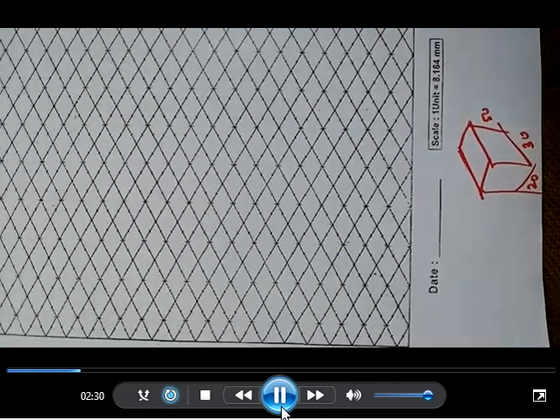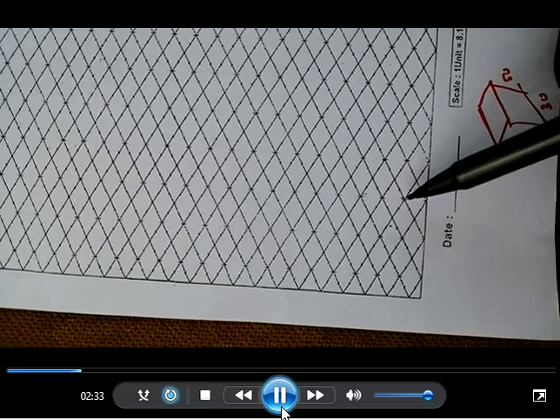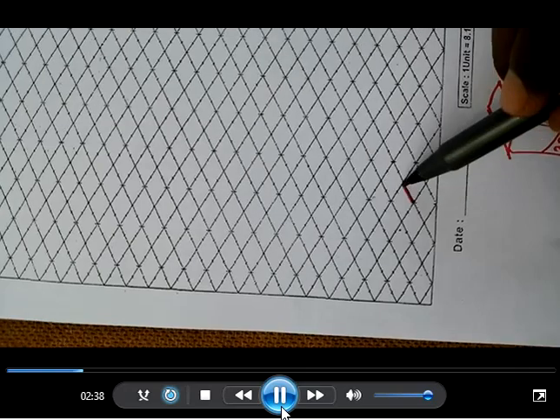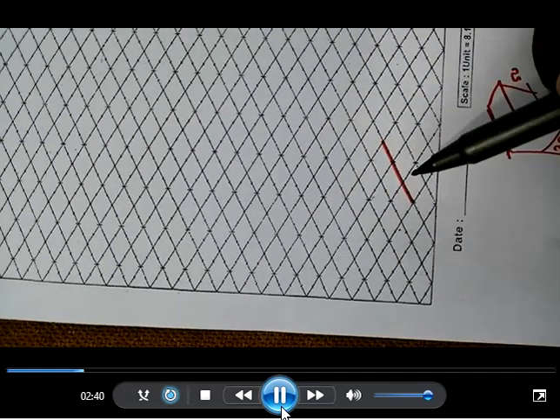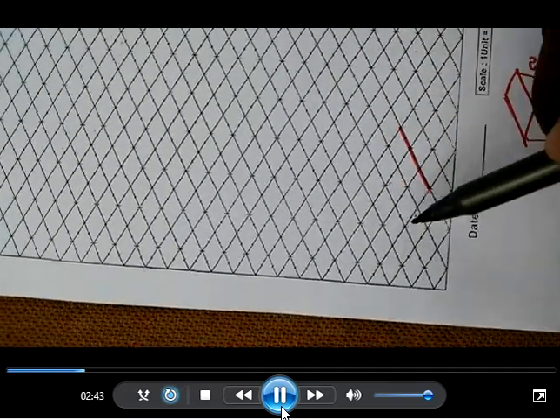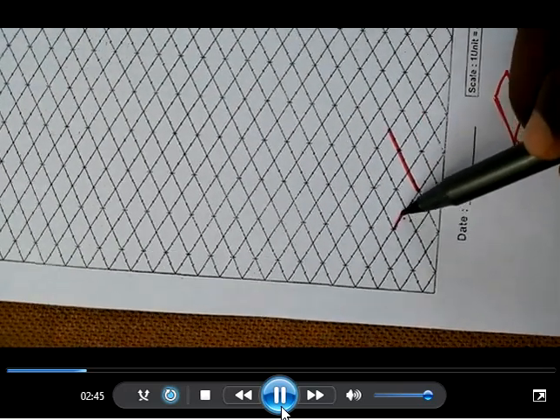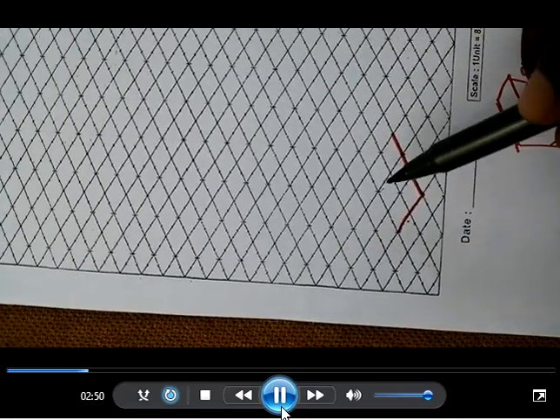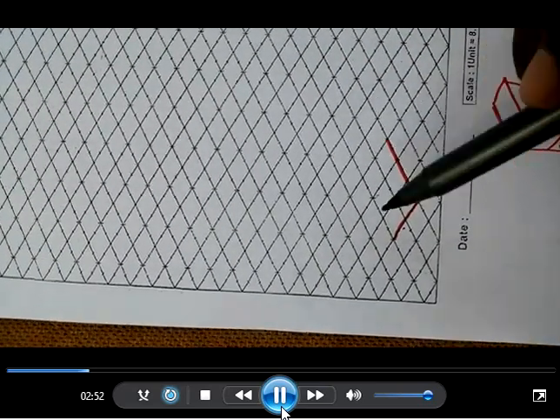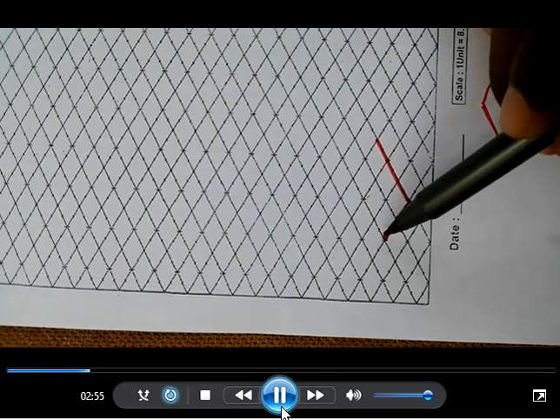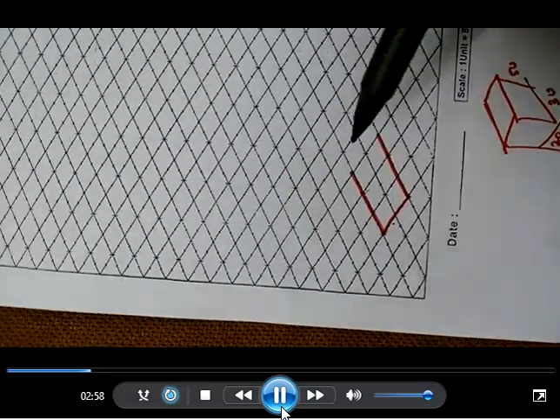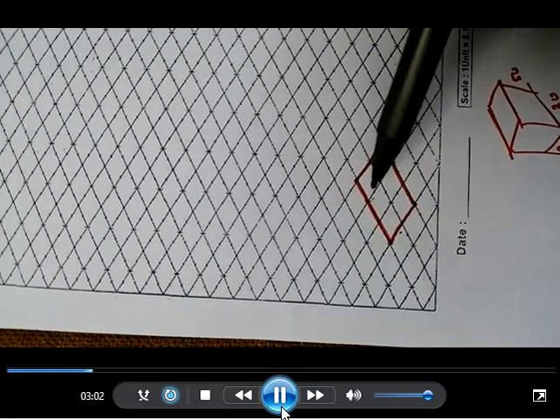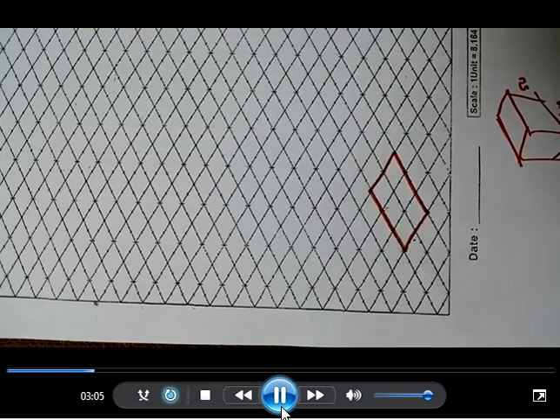and height 50. That means you consider any one corner. On one side you have to consider dimension 30, so this is 10, 20, 30. On the other side it's 20 mm, 20. Since the base is rectangular, construct one more line parallel to the first one, and from this endpoint one more line parallel to the second line. So the base part is complete now.